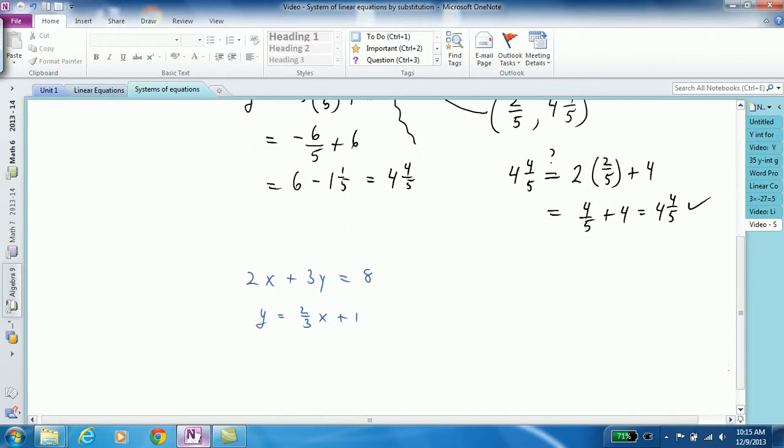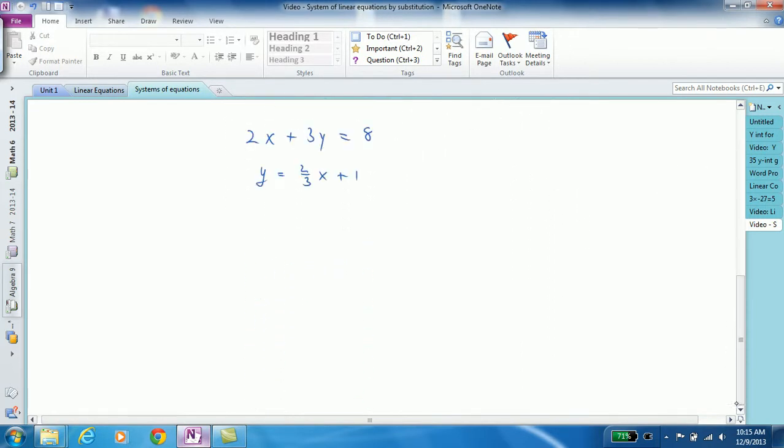Now another problem to look at with a system of equations is where we have not necessarily both of them solved for y. But one equation is solved for y. So we know that y equals that, and therefore that y is also equal to the complicated mess. If we substitute that block into the top equation, we get 2x plus 3 of the y. Now it looks complicated and ugly for a moment,